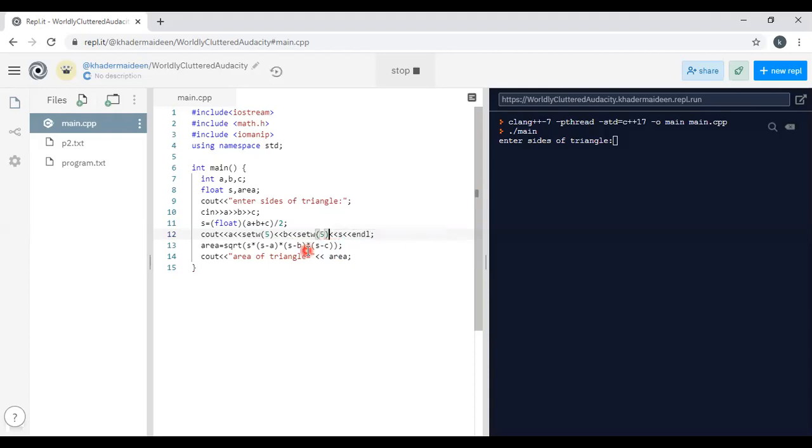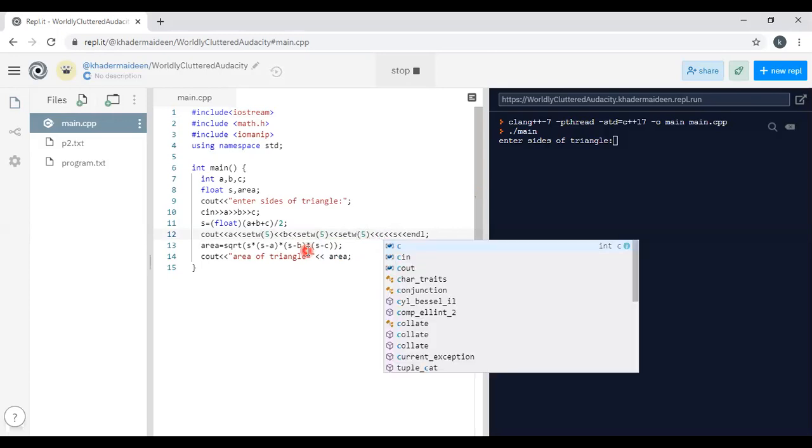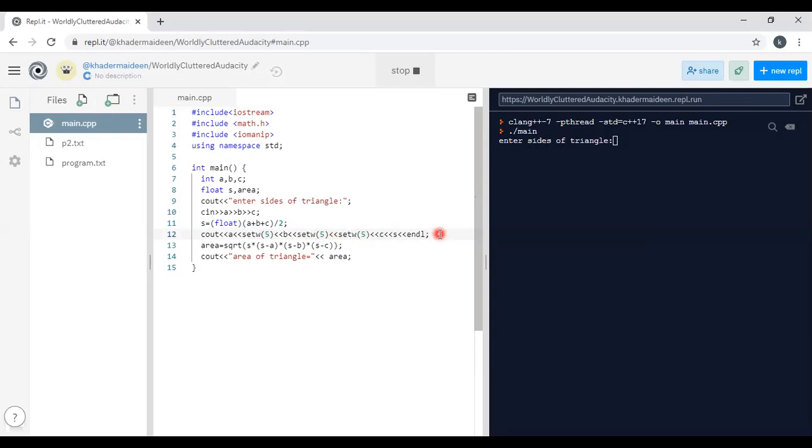A, B, setw, 5 spaces. Then C. So the 3 values are displayed.